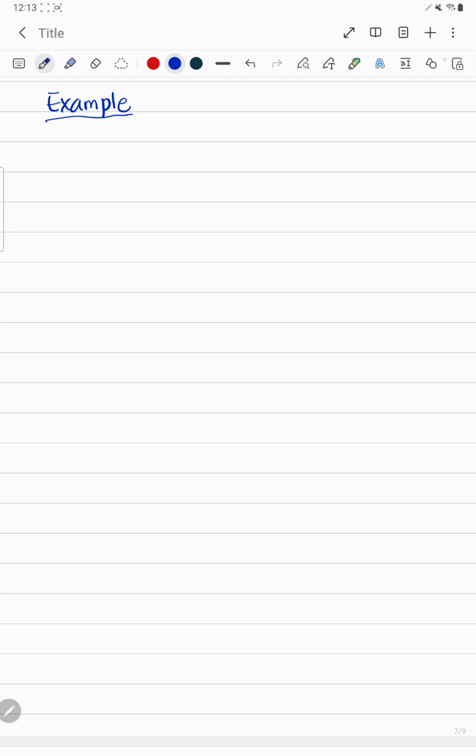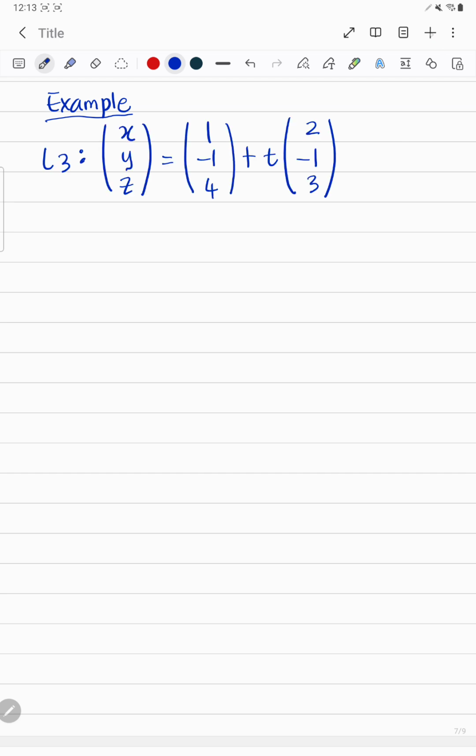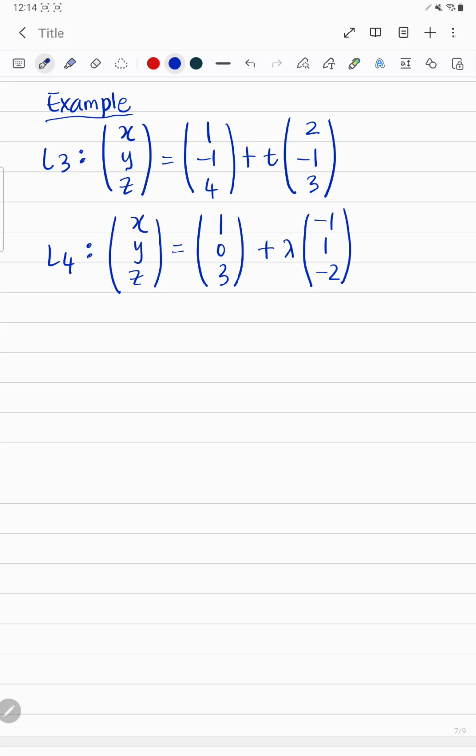Let's continue to look at line 3 and line 4. Line 3 has vector equation going through the fixed point (1, -1, 4), and the direction vector of line 3 is (2, -1, 3). And line 4 goes through a fixed point (1, 0, 3) with direction vector (-1, 1, -2). Do you think that line 3 and line 4 are parallel,